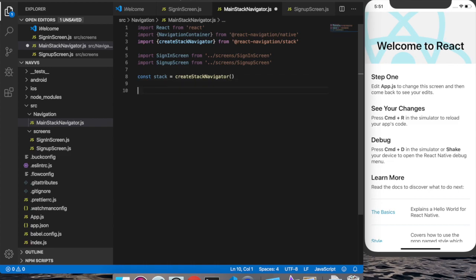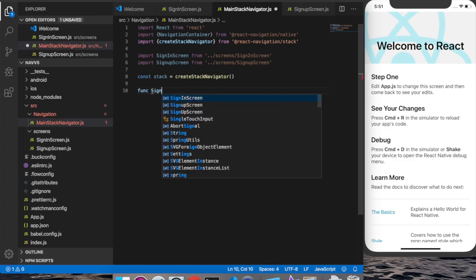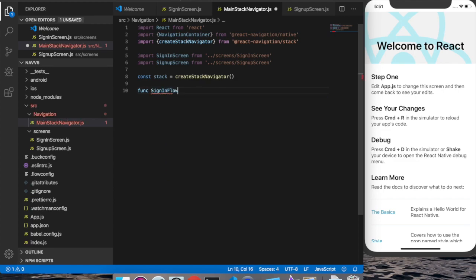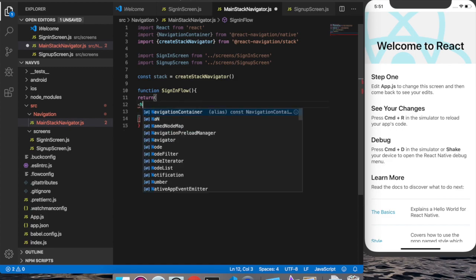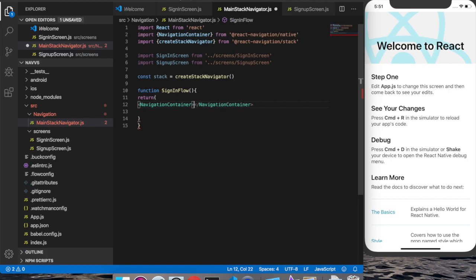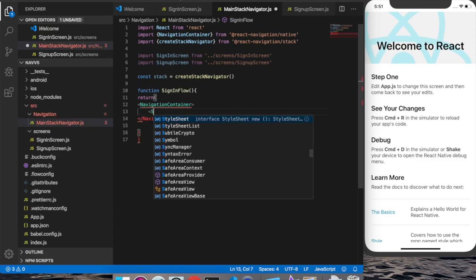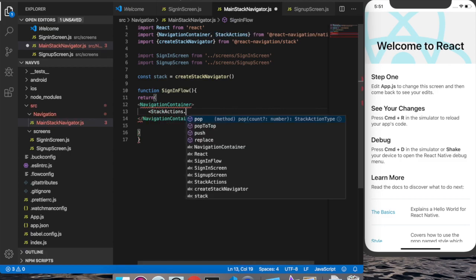Then we will create a function which will be, let's say, the SignInFlow. Okay, it will be the function. Then return. Inside this return we will add a NavigationContainer. Then inside this we will add Stack dot